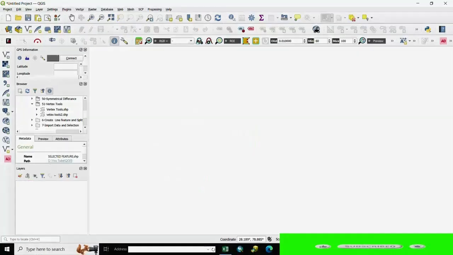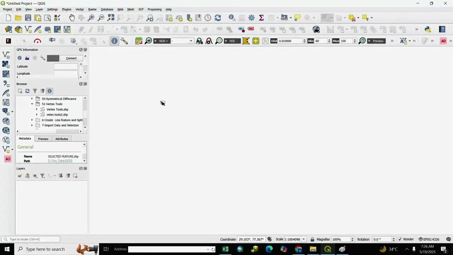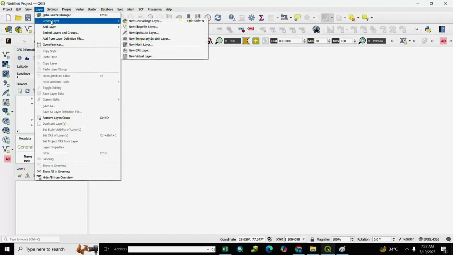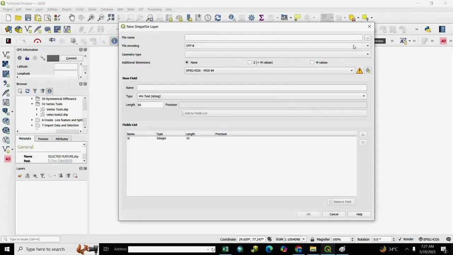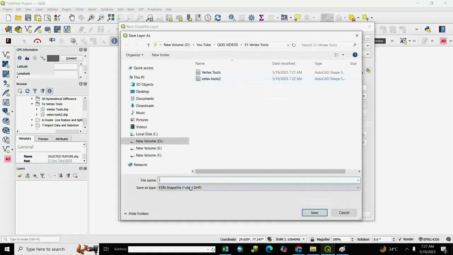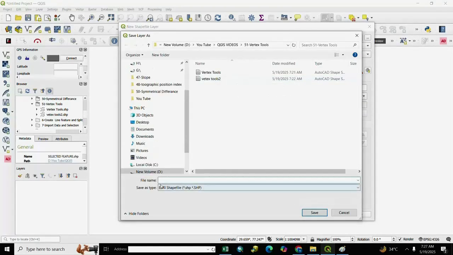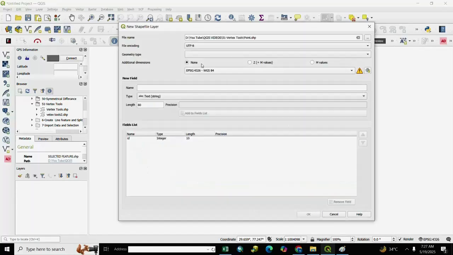So let's start. First we create a layer: point, line and area. For creating the point layer, we go to Layer, Create Layer, and select New Shapefile. We go to the particular path where we want to save it, write the name, point, and save.